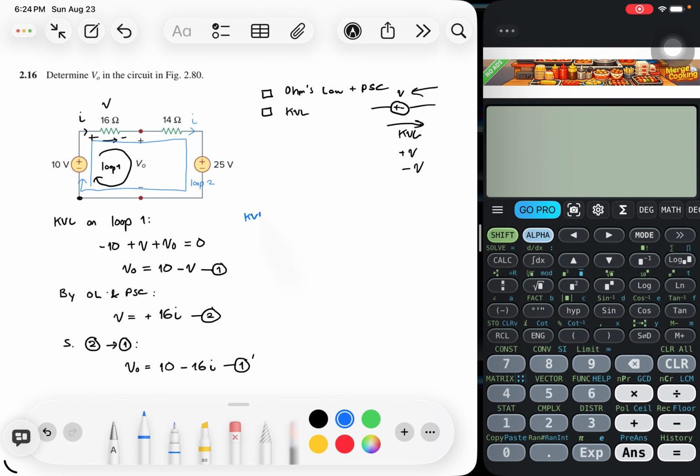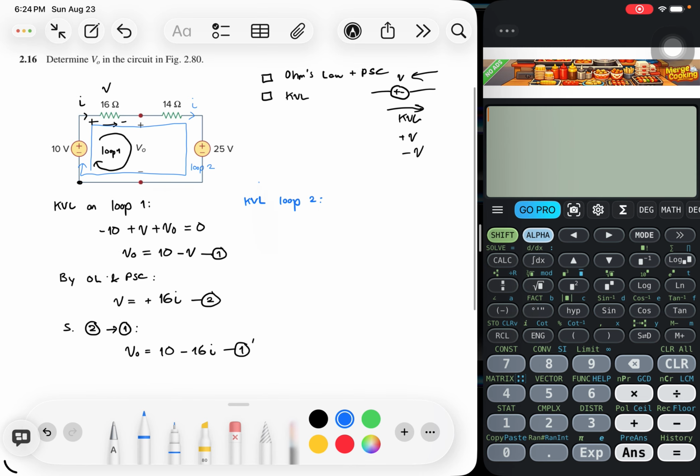And we apply KVL on loop 2 for I. Let's start again at this point. We're following the passive sign convention. So that would be negative 10 volts. And then we already solved V here. V is 16I. So we can substitute and replace V with positive 16I. And as for the 14